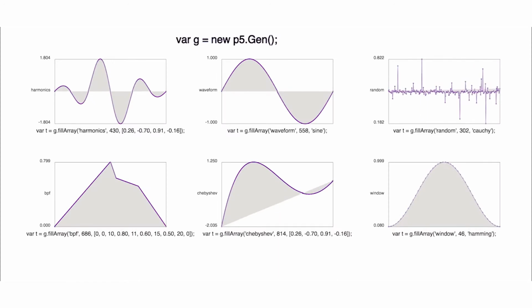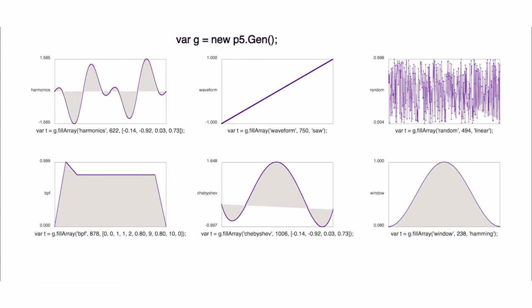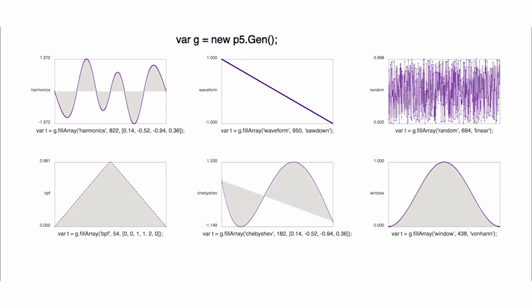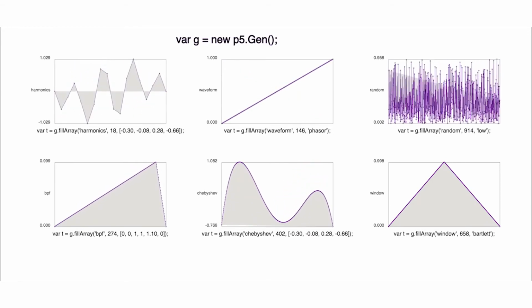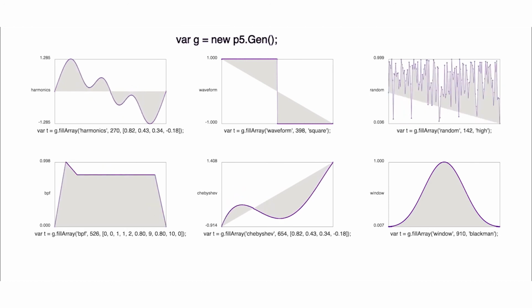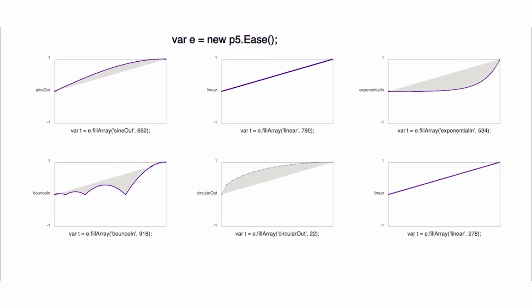One of the objects will generate things like noise or simple waveforms. It will also do Chebyshev polynomials, which are really useful in astrophysics, as well as distortion pedals. It also does stuff for FFT windowing. The premise of this is to be able to teach a digital signal processing class. There's also a bunch of easing functions, some of them from Robert Penner, some of them donated by famous new media artist Golan Levin, who's in this room somewhere.